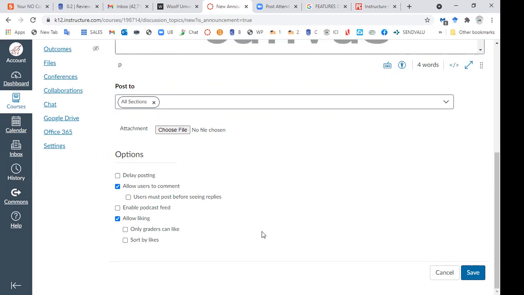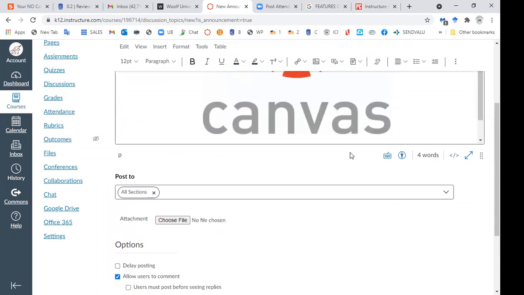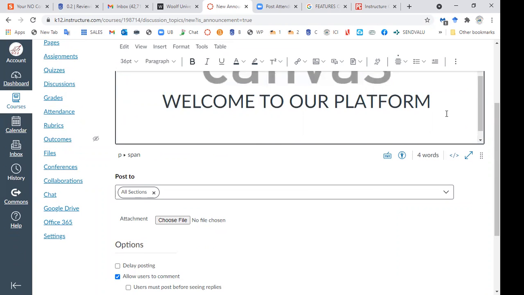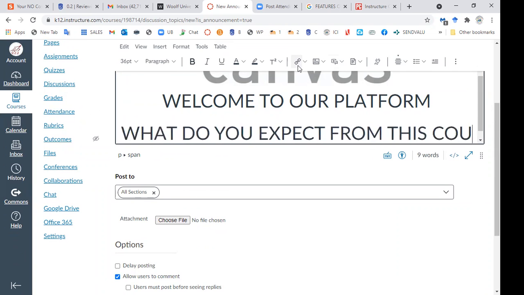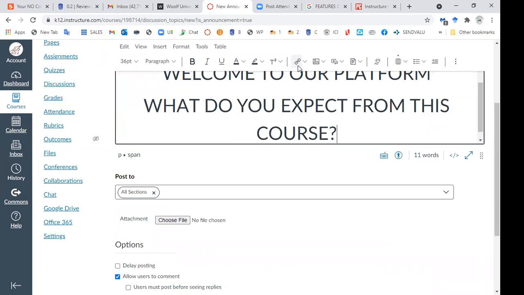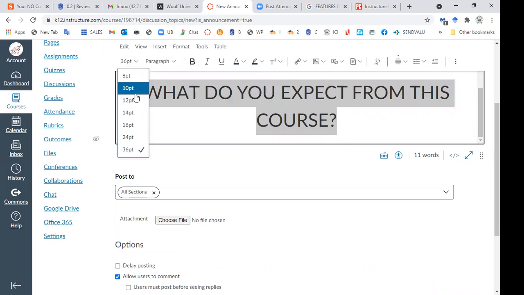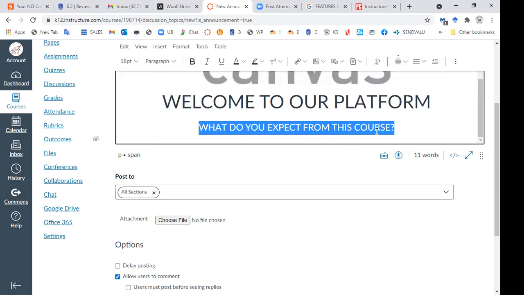So I'm gonna allow post, enable feed, and then I'm gonna use replies, and then I'm gonna say something like, welcome to Instructure Canvas, and then I can ask, what do you expect from this course? And of course, this question is too big because it's not supposed to be assigned. So then now I'm going to make it smaller,